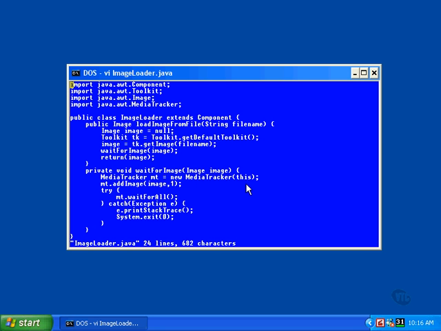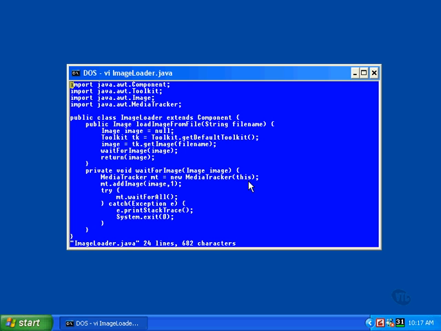Notice the argument to the media tracker constructor. This is a Java keyword, and it's the way an object refers to itself. When you want to refer to an object, you use the name of the reference holding its address. Well, the keyword this is the name of an object's own reference. The constructor of media tracker requires a component object be passed to it, and this is a component object. In fact, that's the only reason this class extends the component class. If this code were inside a canvas or a frame class, it would work just as well because they're also